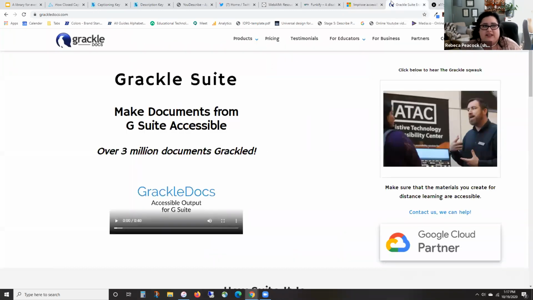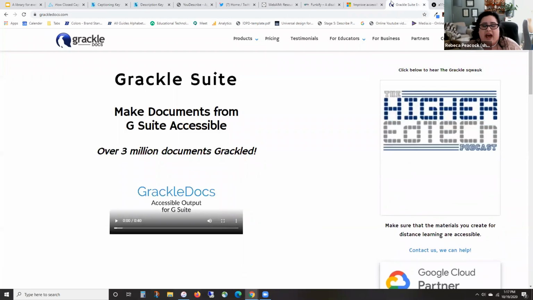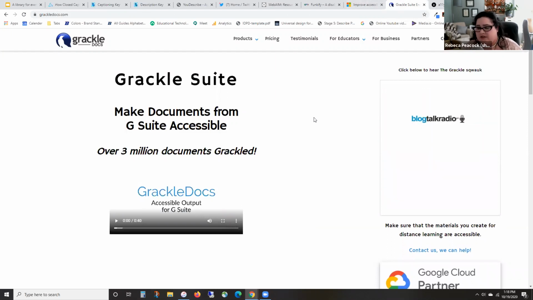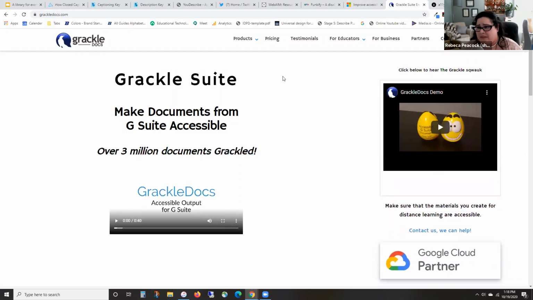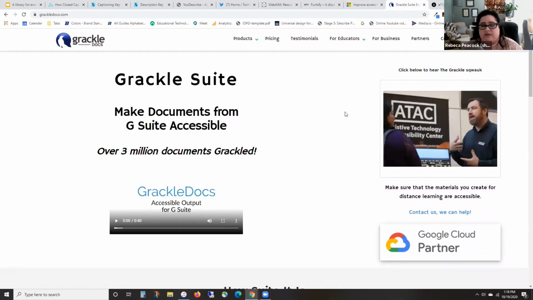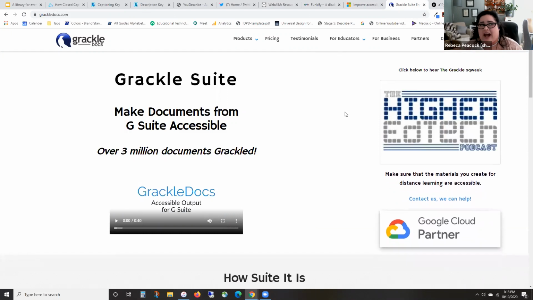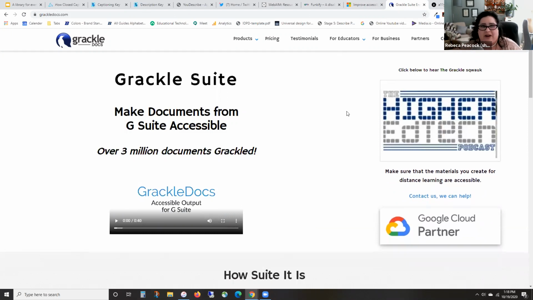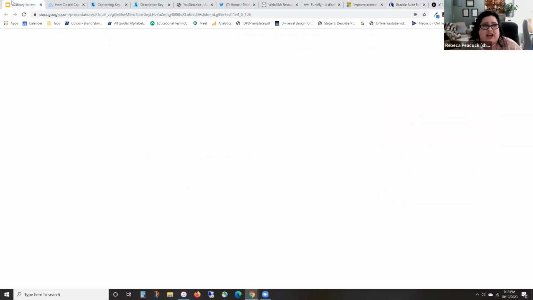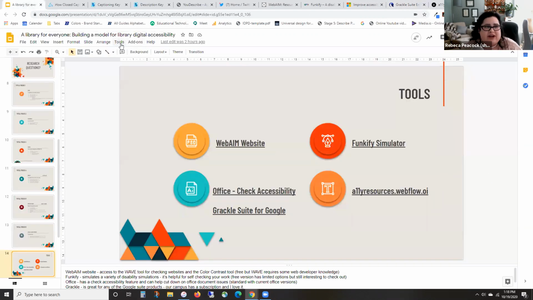Grackle is an add-on for Google Suite items, and unfortunately it's a paid service, but you can do a month here and there if you want, and they have education subscriptions. Boise State happens to have a license to Grackle right now, and so we've been really enjoying using it. And I'll show you. We've got some issues on this particular